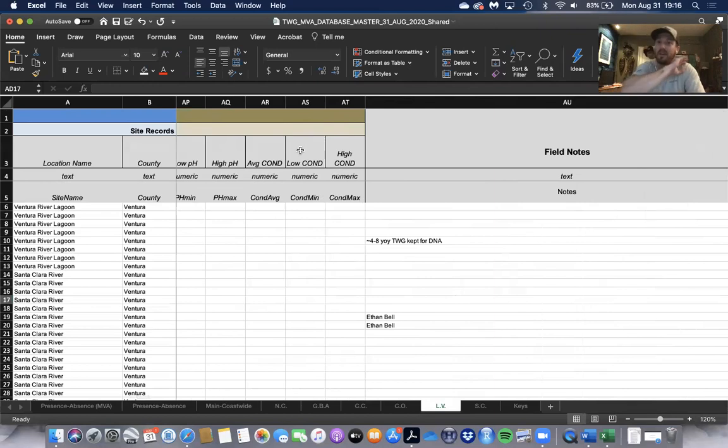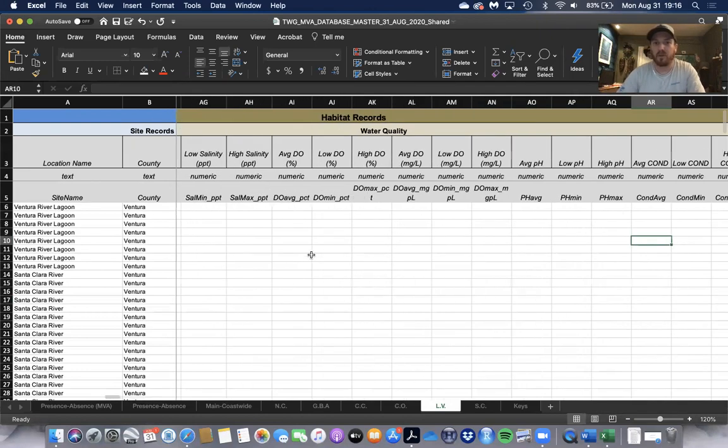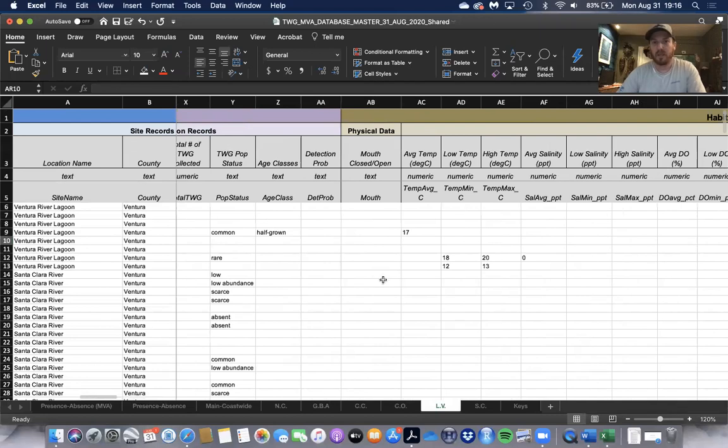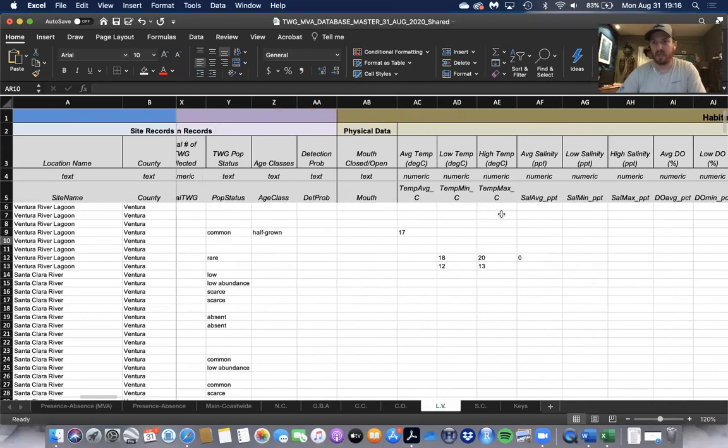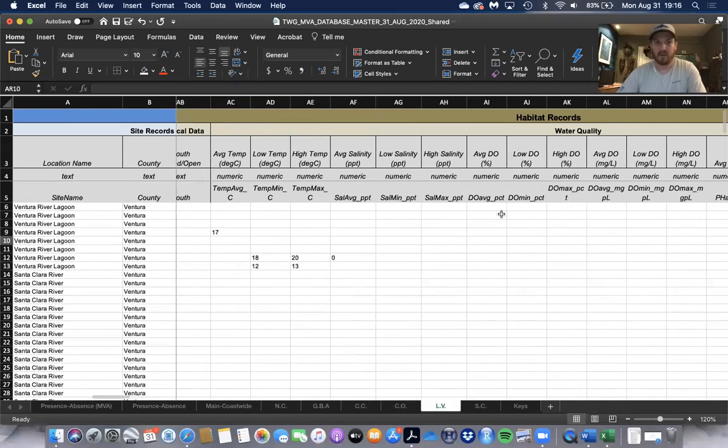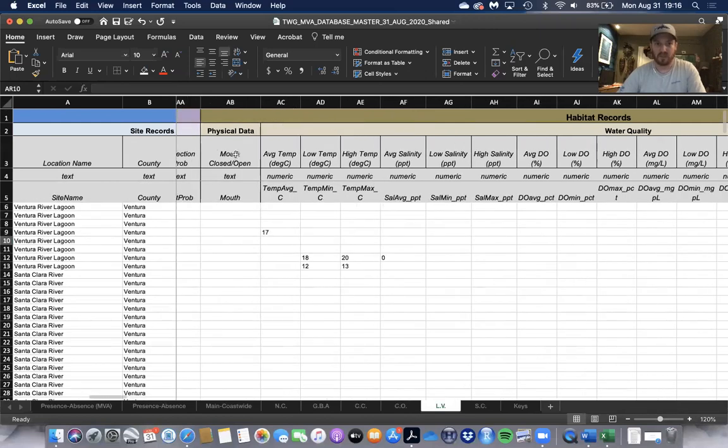So I had a list of every possible reptile, amphibian, native fish, invasive fish, invertebrates, plants. It was really large, just presence, absence. We're not going to include that with this database, but this is all stuff that has to do with habitat characteristics. So the only physical data that we're going to do now is whether the mouth is open or closed,